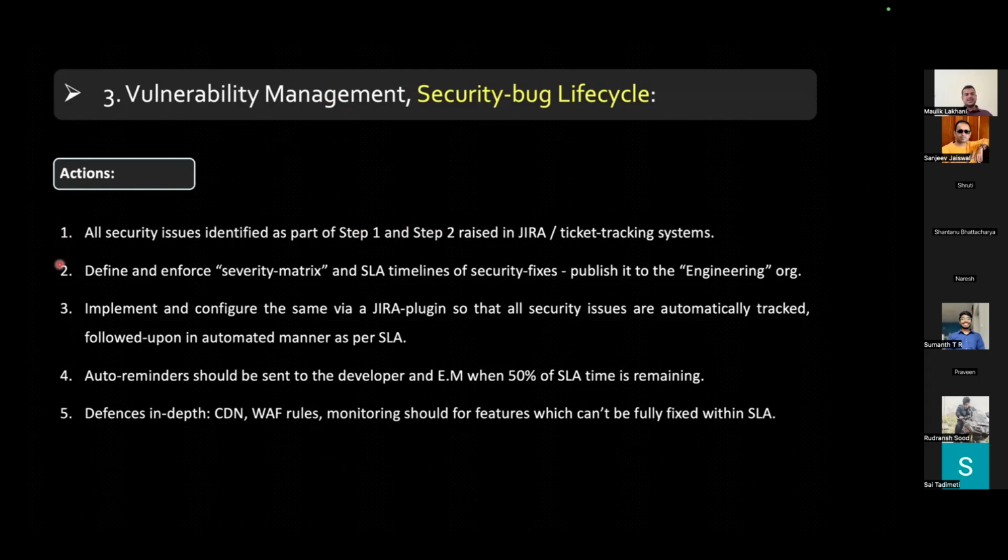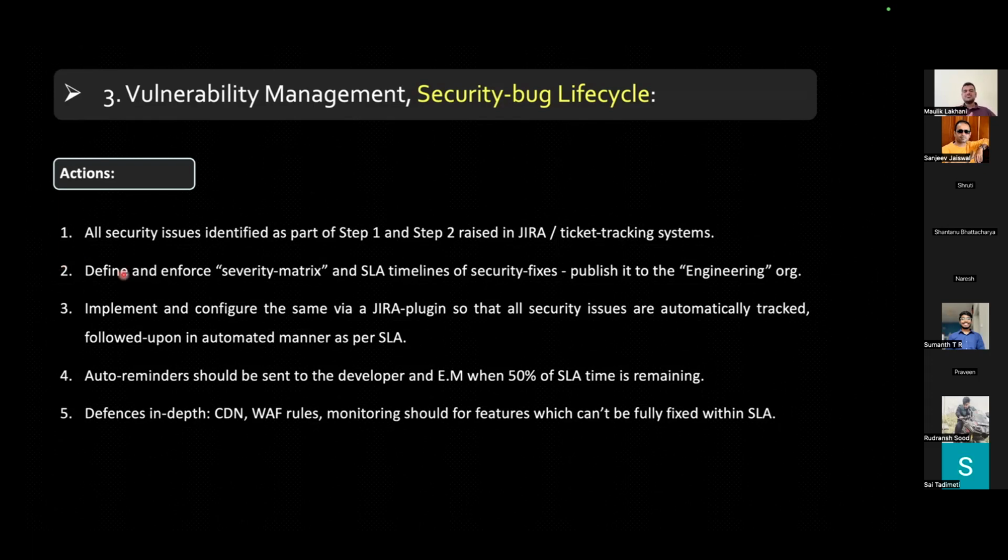Then, as an org or as a product security and application security team, you will define a severity matrix depending on the type of your organization, business type, whether it is fintech, non-fintech, all of those things you will consider, and you will define a severity matrix. And as per those severity metrics, you will define SLA timelines, such as if it is a high severity issue in prod, it should be fixed, let's say, within 5 days. If it is medium, let's say it can be fixed in 1 week. If it is low, it can be fixed in, let's say, 30 days, something like that.